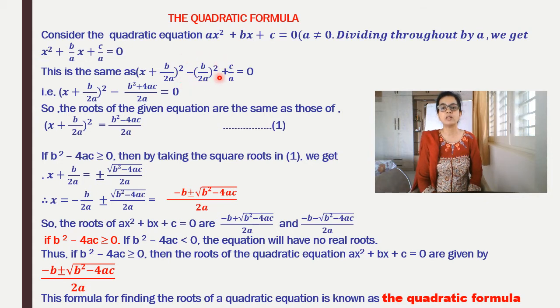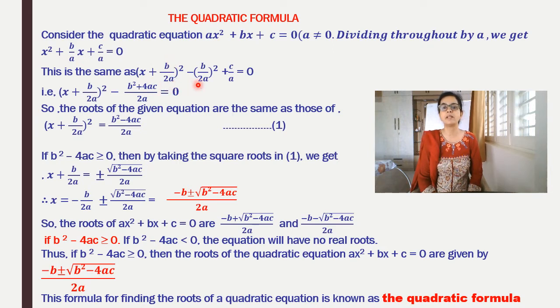This is the constant term. We are going to remove this constant term by subtracting it. So what we are doing in this next term is that we are subtracting the constant term. That is, we are getting minus b upon 2a whole squared. So this is our second term. And what about the third term? It is the constant term c upon a, which is already in the equation. So we got two constant terms.